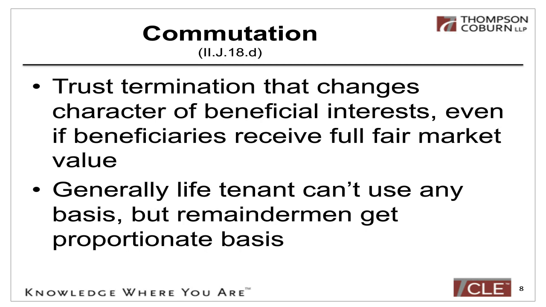Now, the general rule for interest in trust is that you figure out what the actuarial proportion is, and then you multiply that by the basis of the trust interest. And usually people are kind of looking at when the trust got created, what the basis was. That's kind of the way people think of it. Well, there's a special rule that says, as a general rule, and we'll get to the exception, but as a general rule, a life tenant cannot get any basis.